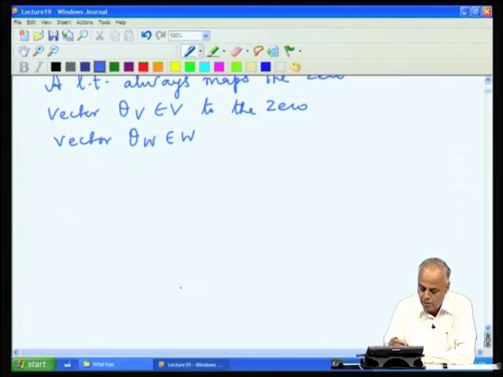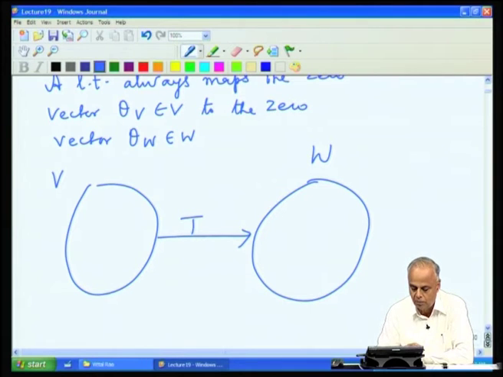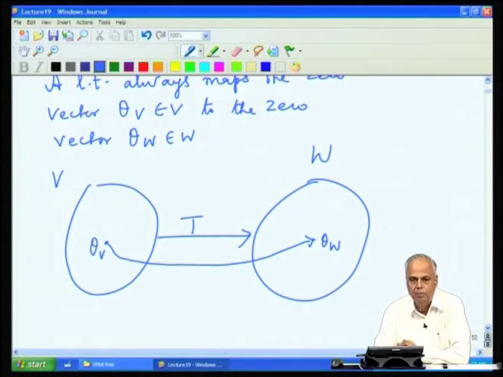So, what does that mean? We have the vector space V and the vector space W, and T is the transformation that is taking V vectors into W vectors. What the above property says is theta V is a vector in V and theta W is a vector in W. Theta V is the 0 vector in V, theta W is the 0 vector in W. T pulls along this 0 and then maps it to that 0. This is a typical property of linear transformations.